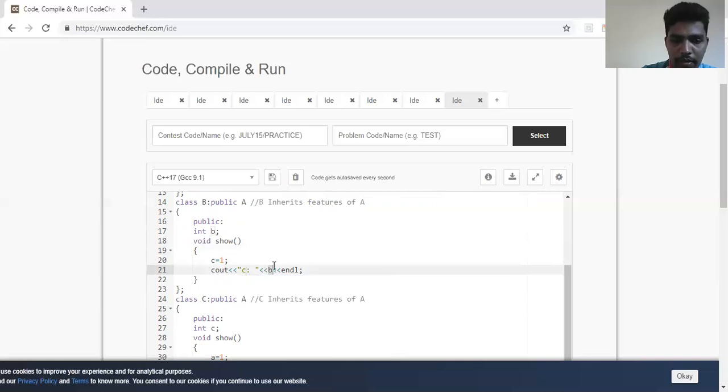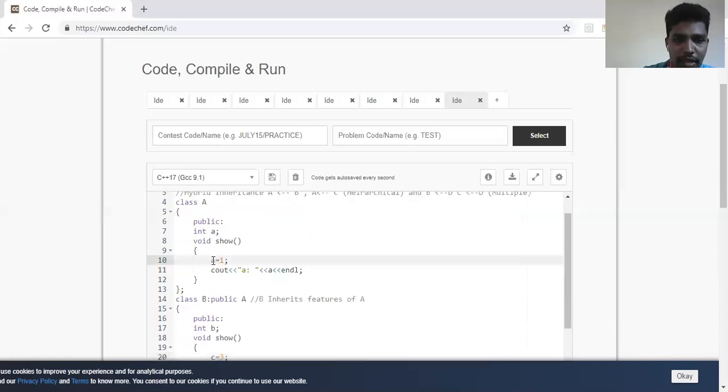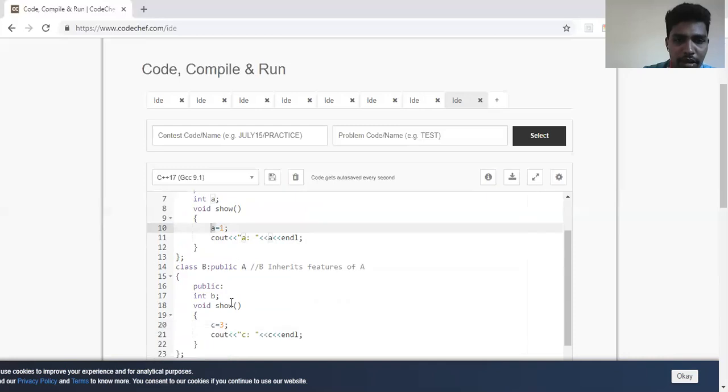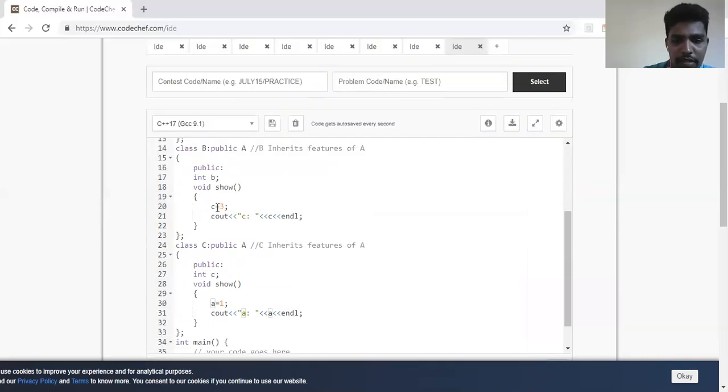Okay, so just changed it, and we'll change the values also. C will make it as 3, A will make it as 1, and B will make it as 2.